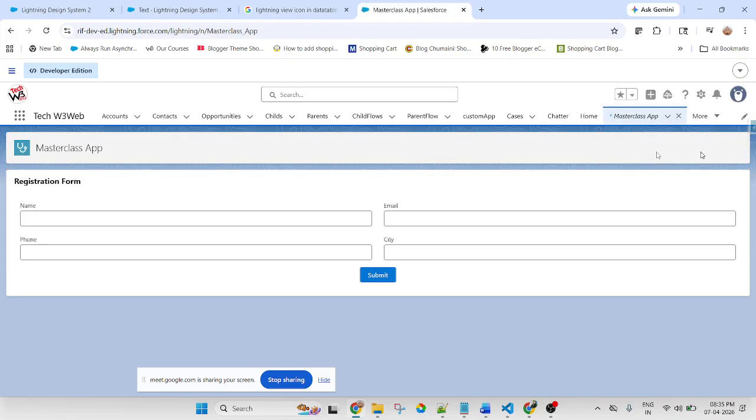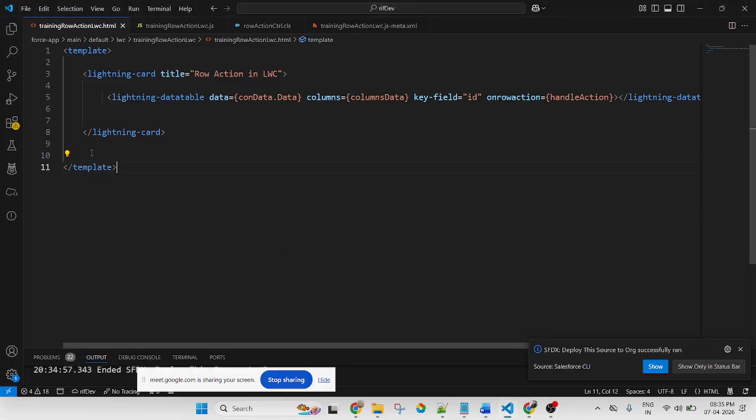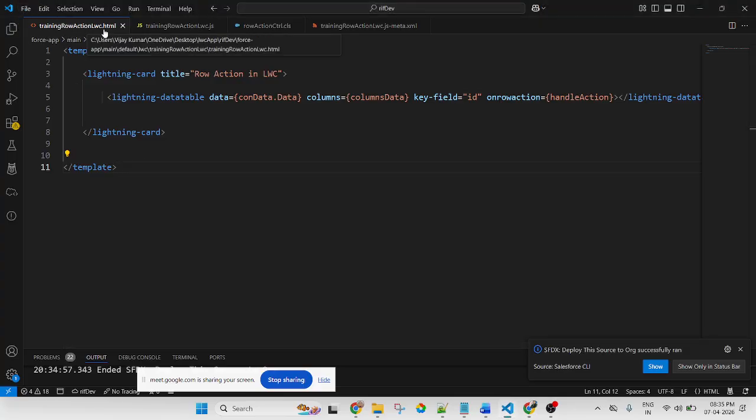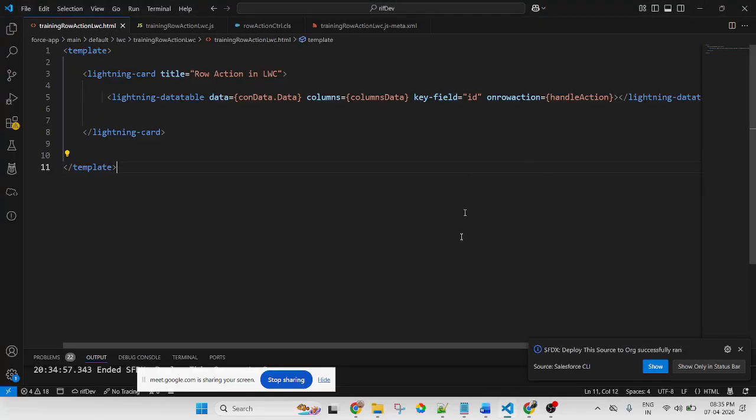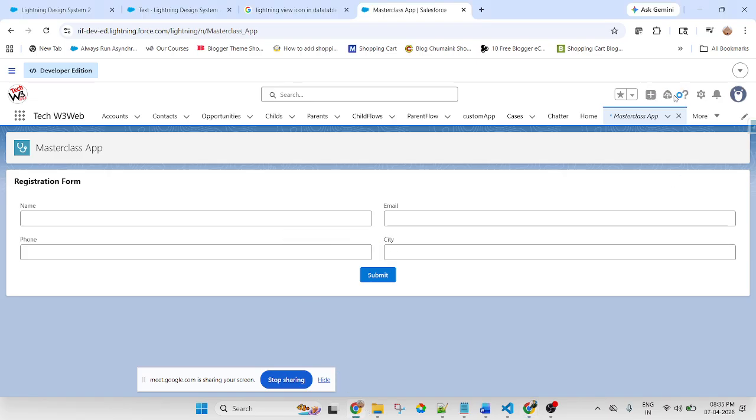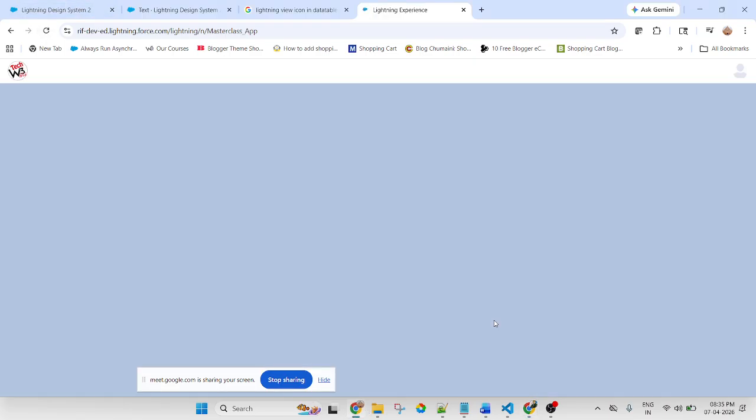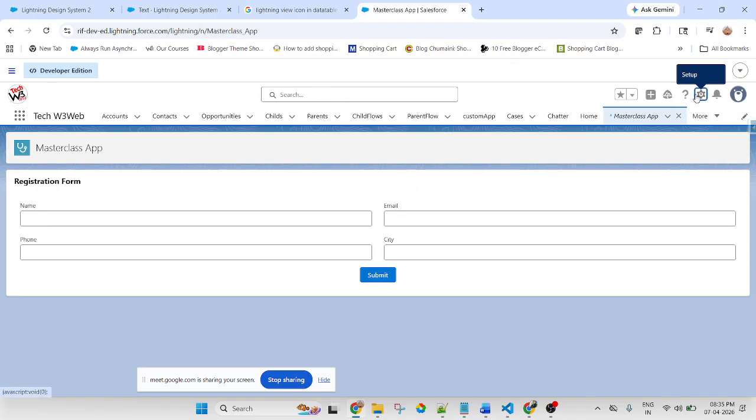This is my custom app. Inside the custom app, I will call the component. My component name is Training Row Action LWC. So first of all, refresh the page. Then go to the gear icon and edit.